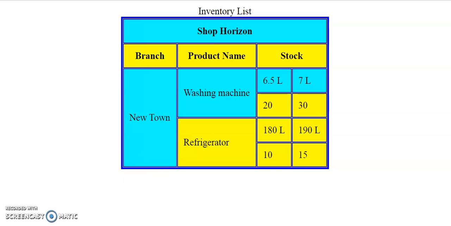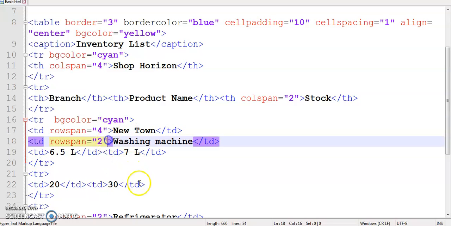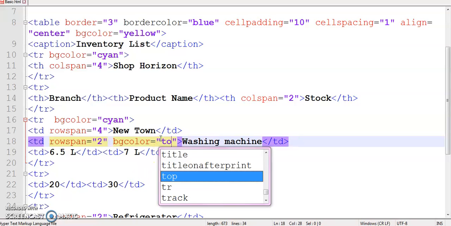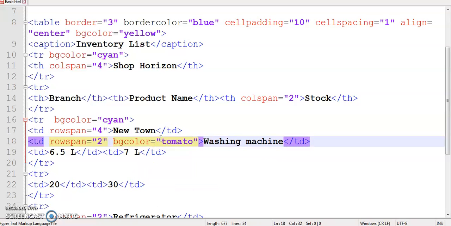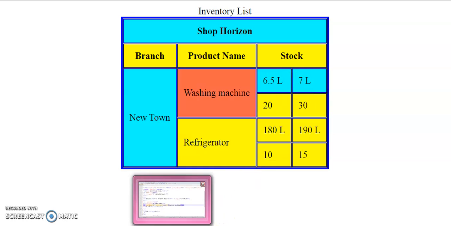So let's overwrite it. So here, add some other color. So bgcolor, say I'm using the tomato color. So let's see if it overwrites it or not. So it overwrites this color, and let's also change this color.